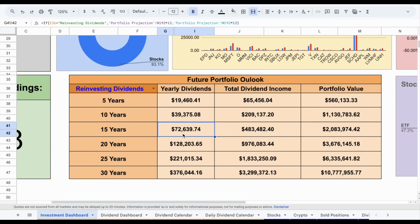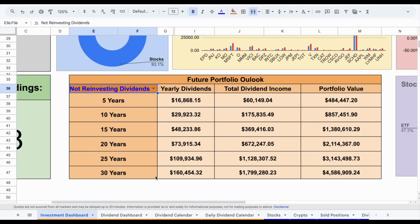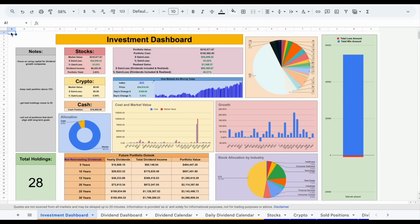But here's what's really crazy. In 30 years, again, assuming reinvesting dividends for the entirety of that time period, my yearly dividends could be above $376,000. It's pretty mind-blowing to think about. But here's what's interesting. If we don't reinvest dividends during this time period, that would drop all the way down to $160,000. Obviously, still a lot of money, but you can see just how much of a difference reinvesting those dividend payments can make over that time period. So there you go, that's exactly how much dividend income I made in the month of November from a $216,000